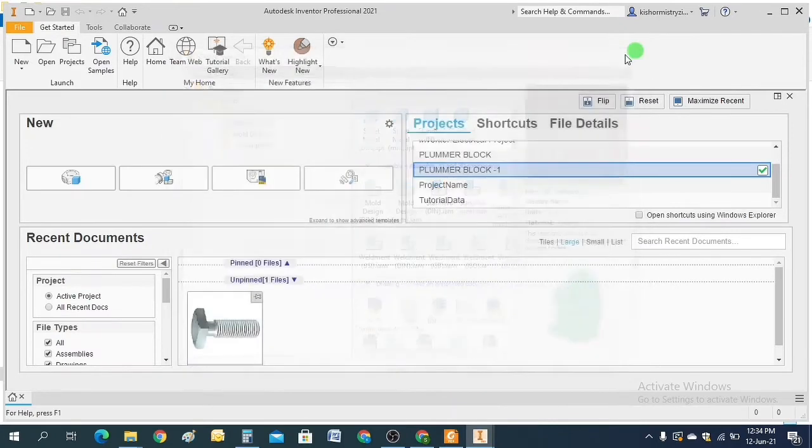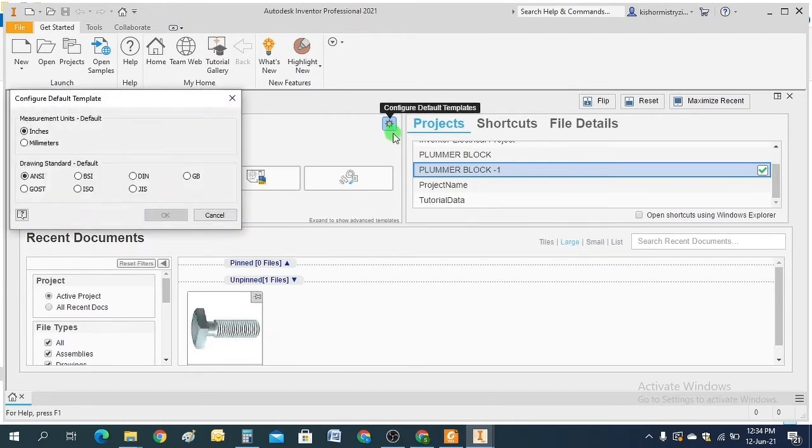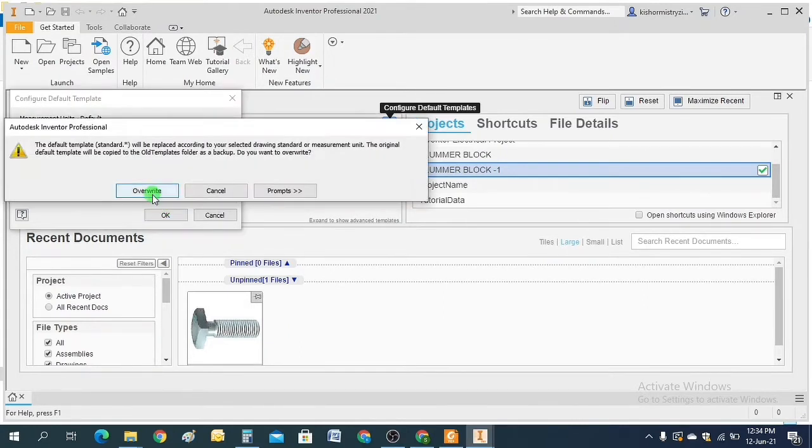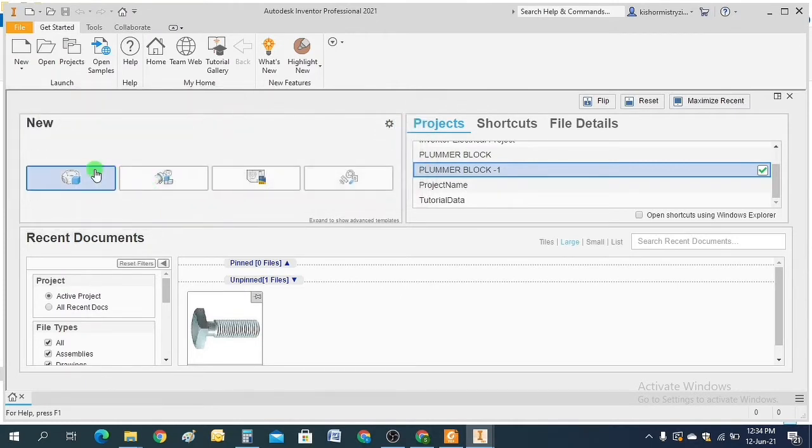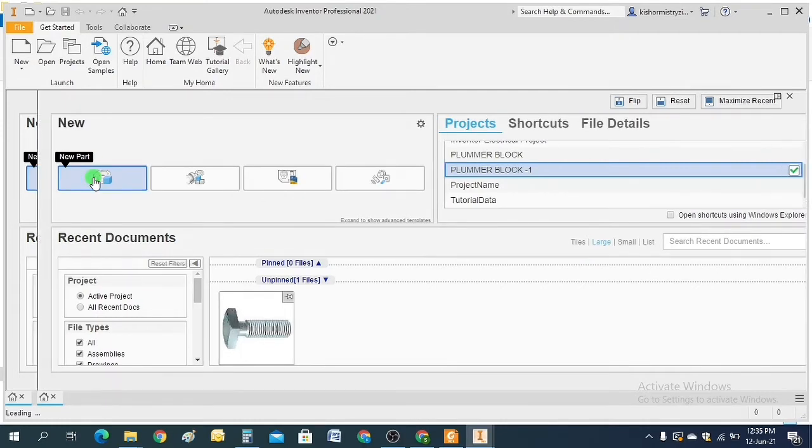Or alternatively, there is another option: select Configure Default Templates and change it to your desired unit system, like millimeter, then select OK. Click overwrite. Now if you click new part, whenever you open a new part, the units will be in millimeter by default.